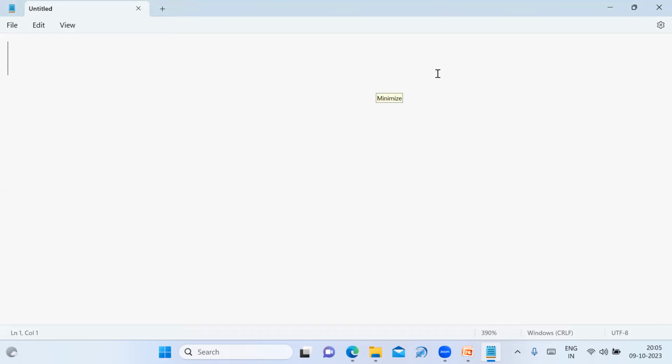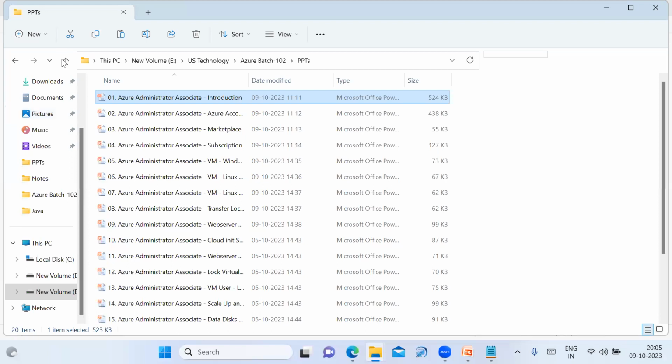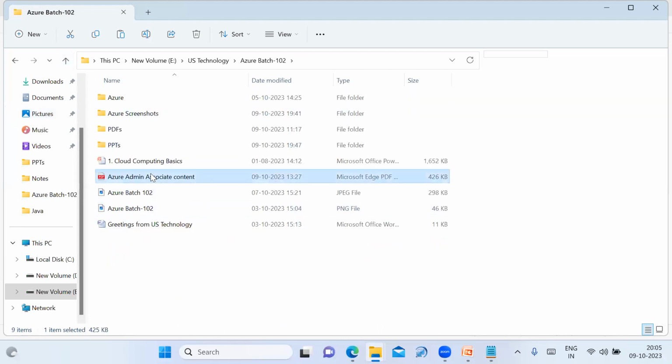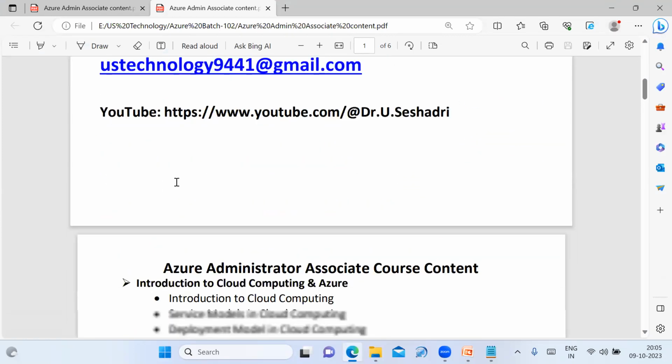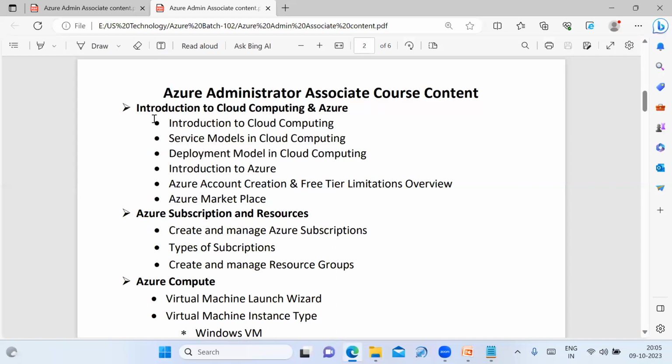In this, I'll start with the new Azure batch. In this batch, I'll teach the Azure concepts. Those are the concepts: introduction to cloud computing and Azure. We'll discuss basic terminology, service models in cloud computing, deployment models in cloud computing, introduction to Azure, Azure account creation